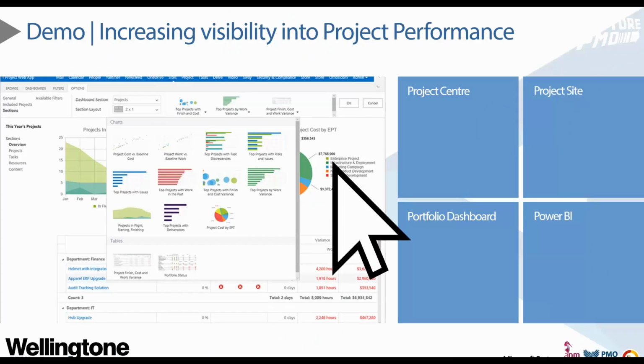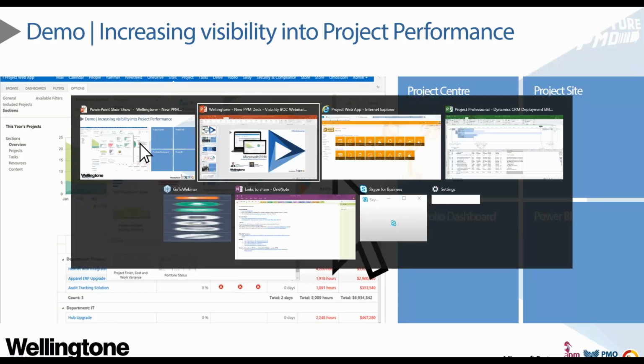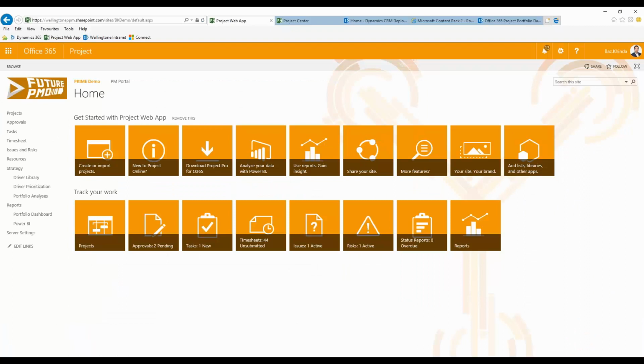So this now brings me on to the demonstration. A very quick caveat. I'm sure that you can all appreciate that this is an enterprise level solution. So this is not going to be a comprehensive overview of the solution set in its entirety, but more of a high-level overview of the key areas that will help you to increase visibility into project performance. So I am going to switch over to my live demo environment, which is what you can see on the